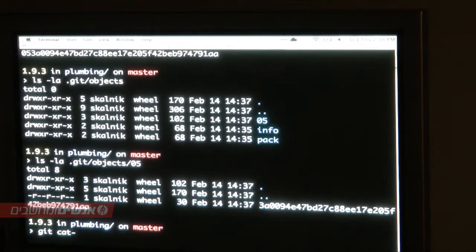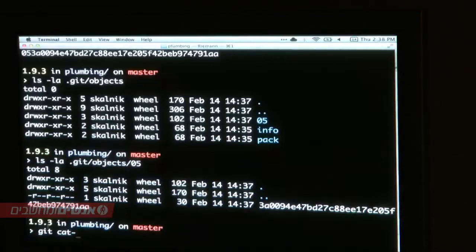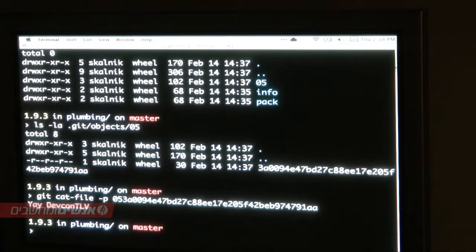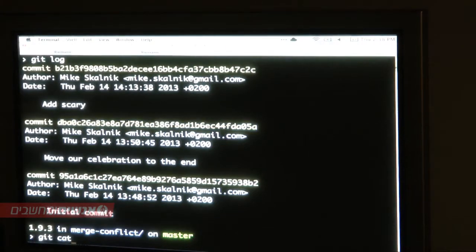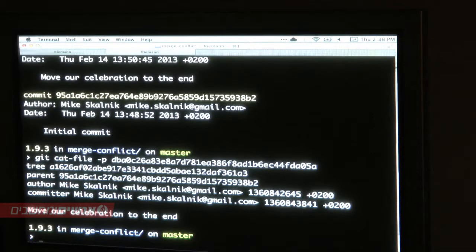So there's this command called cat-file, and we can actually look at any Git object. If we do cat-file -p and give it a SHA, it'll pretty print whatever that might have in it. So if we move to another folder, back to that merge conflict, and look at an actual commit, it'll tell us this is the tree, this is the parent commit, this is the metadata I know about it, here's the message. So if you have a commit or a blob or anything, you can get more information back from it.